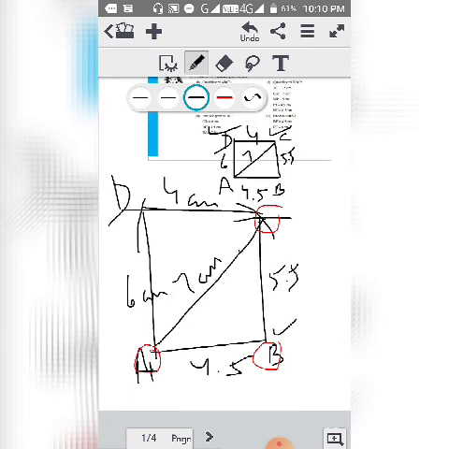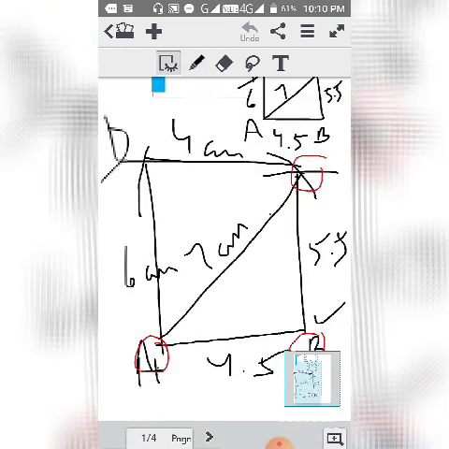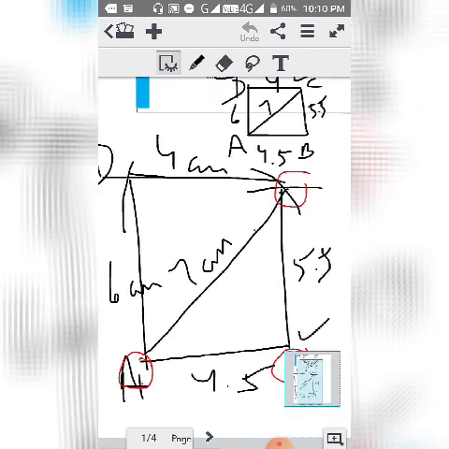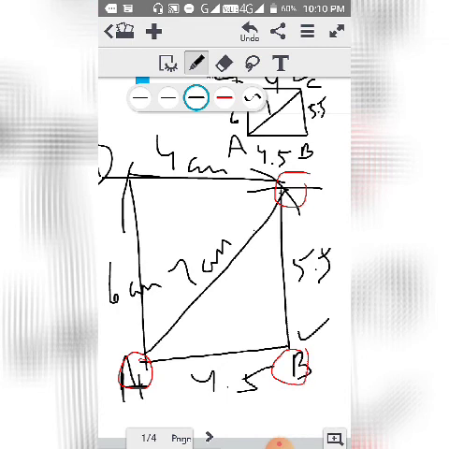So here we made the figure by using compass. The part which we made with compass: AB was a scale line, BC was with compass, AC was also with compass. This was point C. So AC also with compass. So we will write cut arc AC is equal to 7, BC is equal to 5.5. After that we have cut arc CD is equal to 4 and AD is equal to 6, and then the figure is complete.